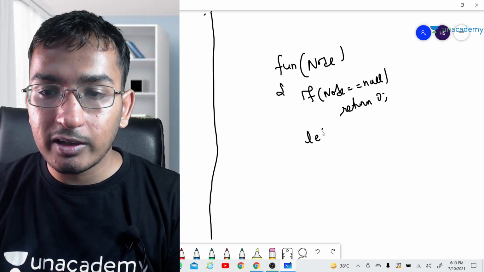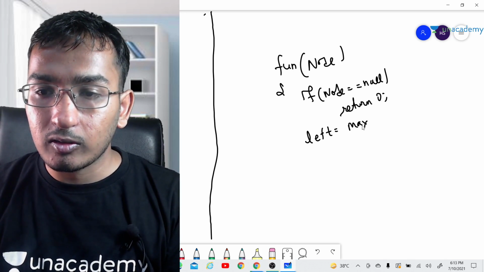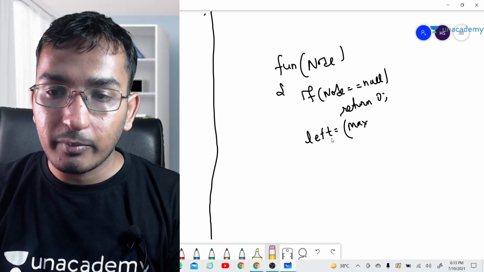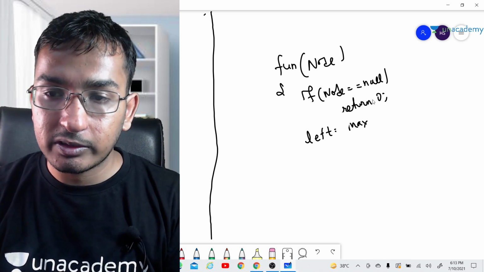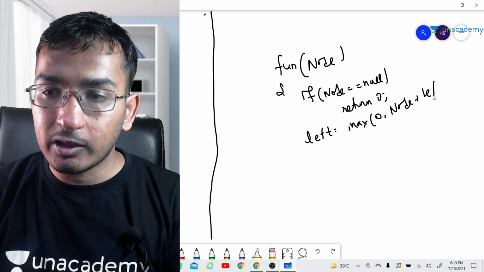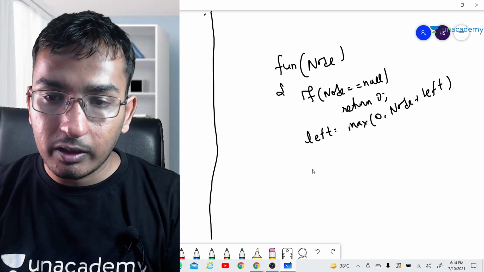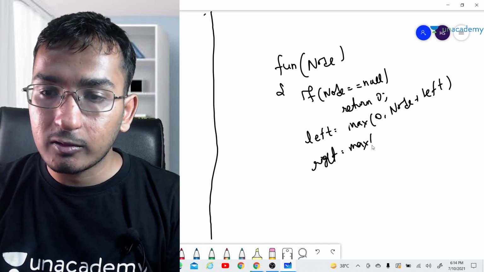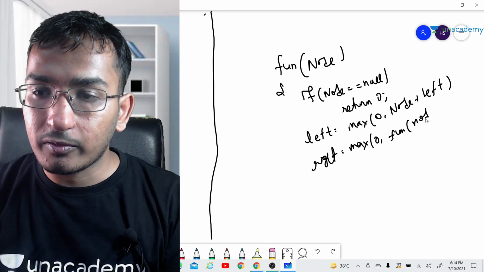Now this guy is asking, hey left subtree, give me your answer. So it will give me the maximum of 0 and the subtree answer. We will call the function on node of left, and in the right as well, we have to call the function on node of right.